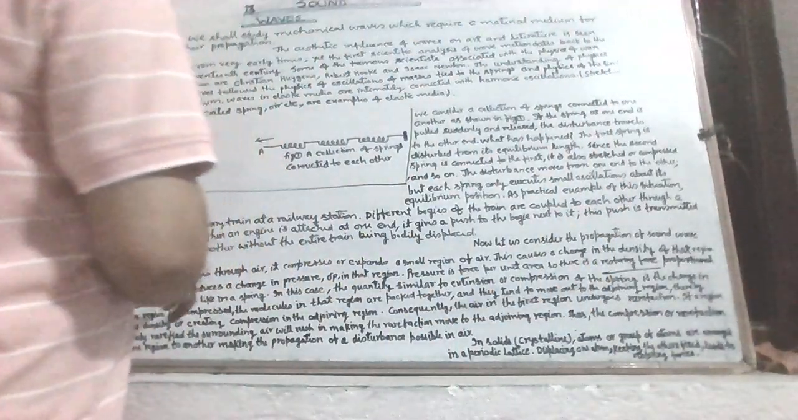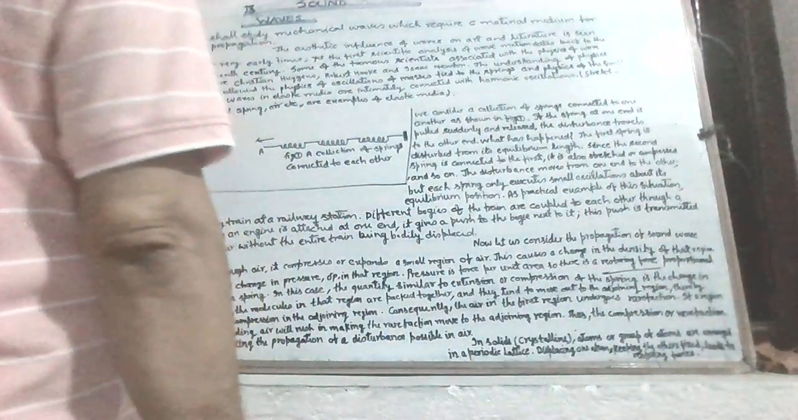Now, let us consider the propagation of sound waves in air. As the wave passes through air, it compresses or expands a small region of air. This causes a change in the density of that region, say delta rho. This change induces a change in pressure, delta P, in that region. Pressure is force per unit area, so there is a restoring force proportional to the disturbance, just like in a